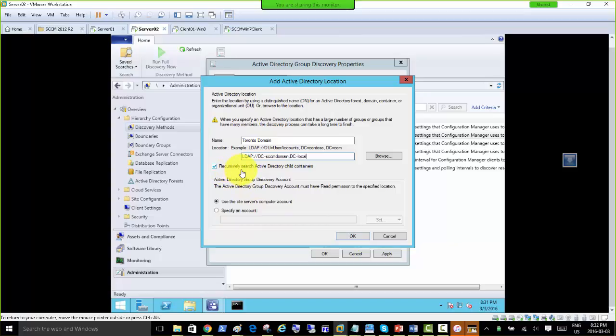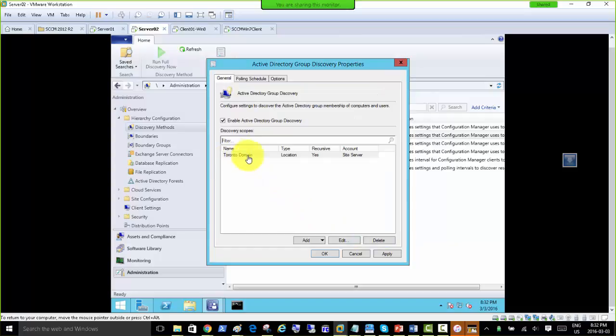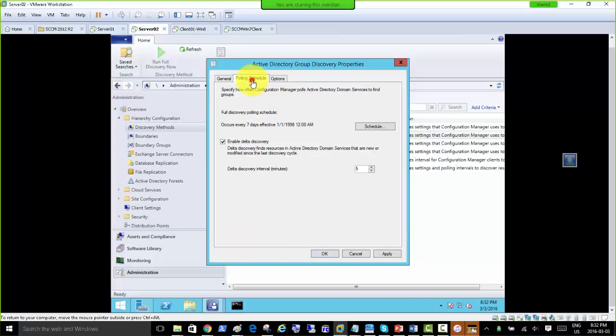And recursively search Active Directory child containers. Yes, go ahead and discover all the security groups under the sub containers as well. So pressing OK here just shows that yes, if we want to search the groups, this is what we can do here. For polling,